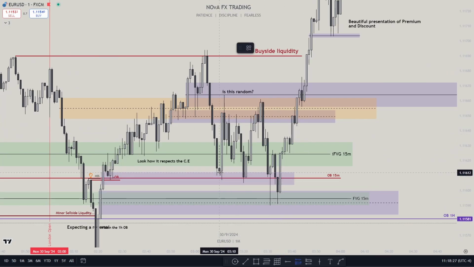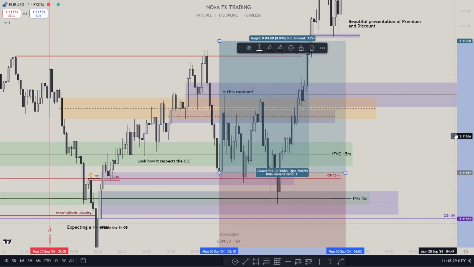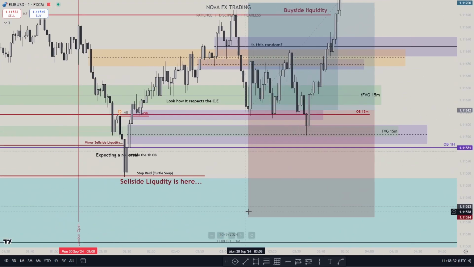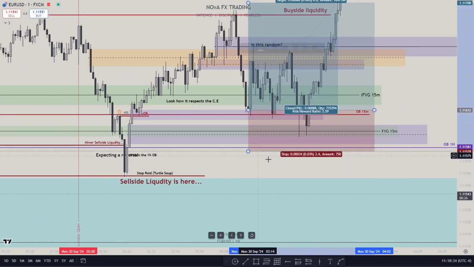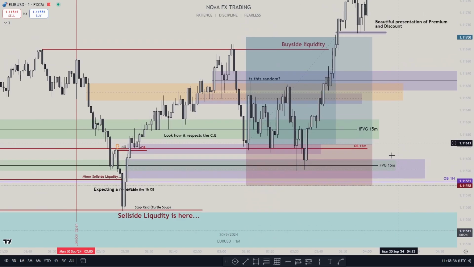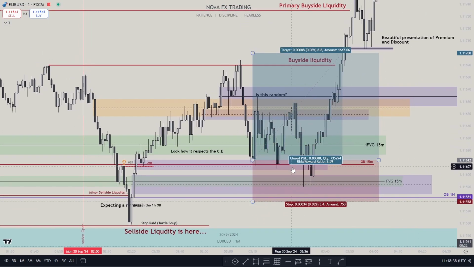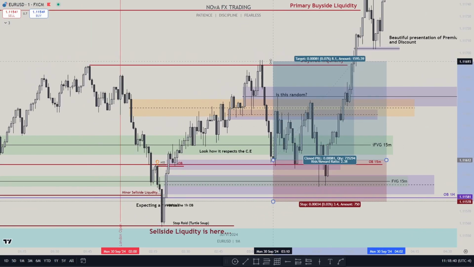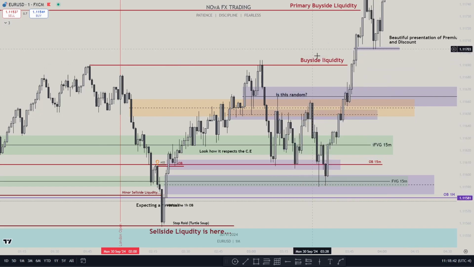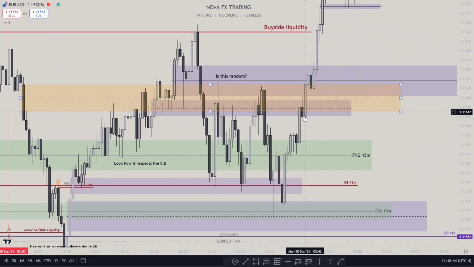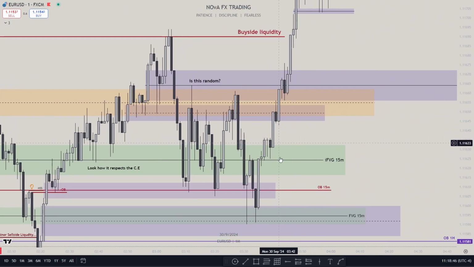So imagine if we took a buy there, we would have been in a bit of drawdown, but it's okay, because we knew that it's not gonna come below this fair value gap, and eventually it's gonna reach our main draw on liquidity there. So yeah, the price went up, created fair value gaps,